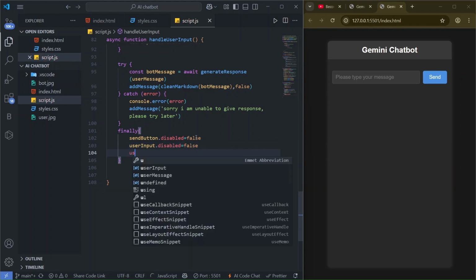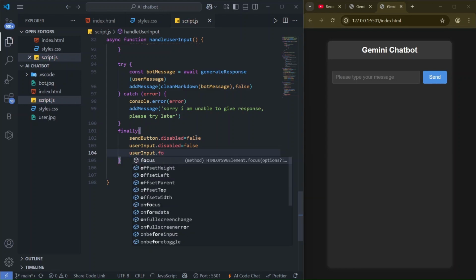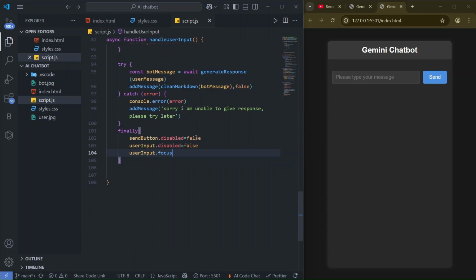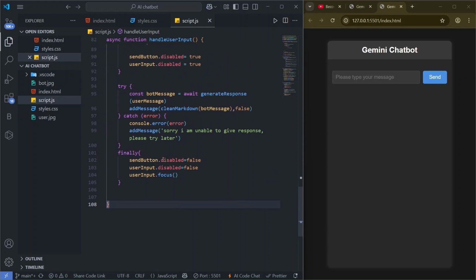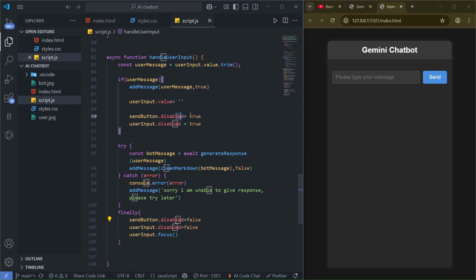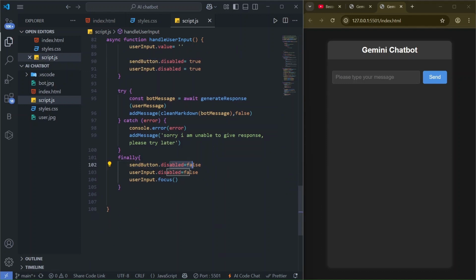Then we can write userInput.focus, right? And so this is the user send button disabled equal to false, and here is true. So when the user is sending some message to the bot for a response, at that time the button disabled is true, which means we can't send another message. Here we have to make the button disabled false after getting the response,